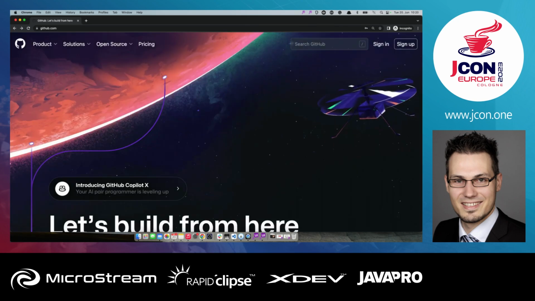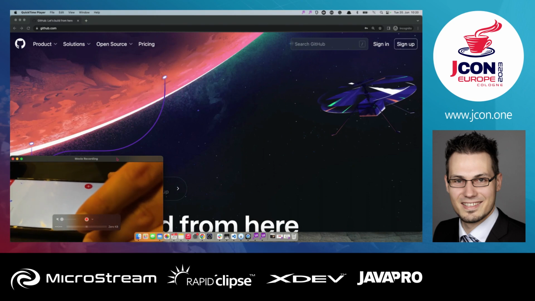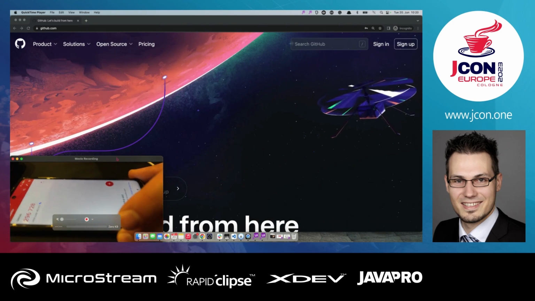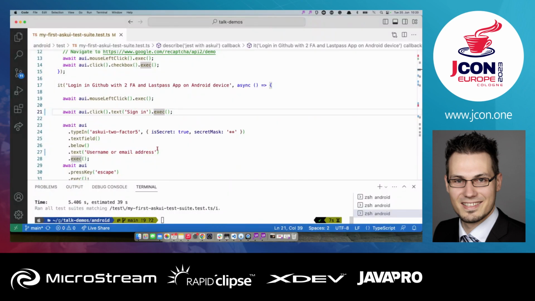And then I go to my, let's see if it's visible. No. So this is my app here. Get this token and enter it when I'm prompted to. So this is what I want to do. So I click on the text sign in, which brings me to the sign in page. Then I want to type in my username. And you can see that the syntax is near